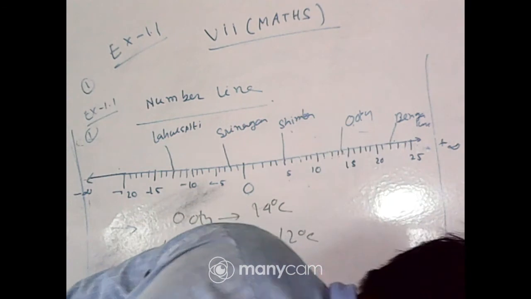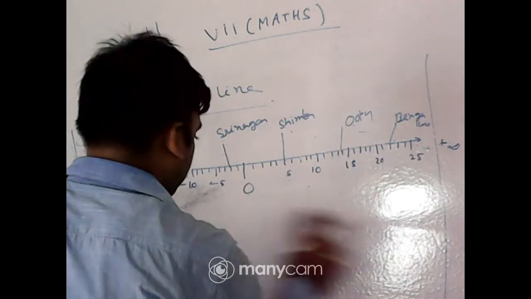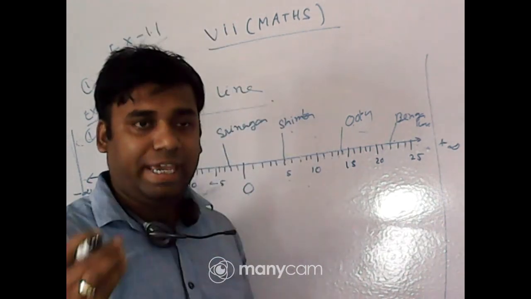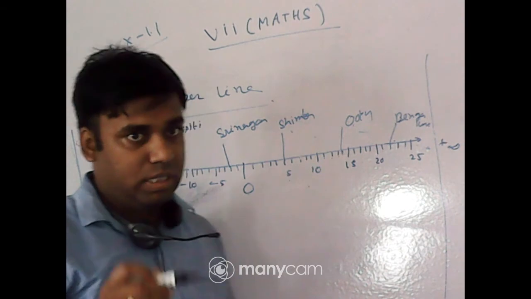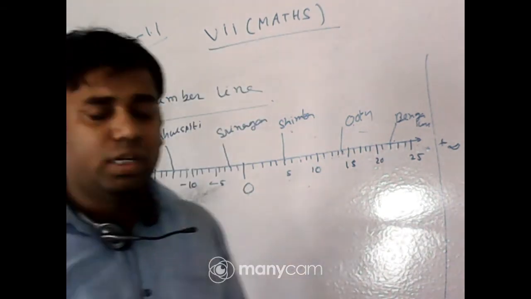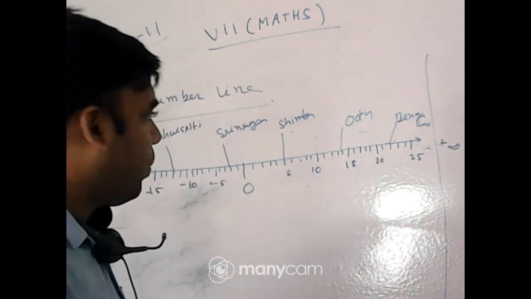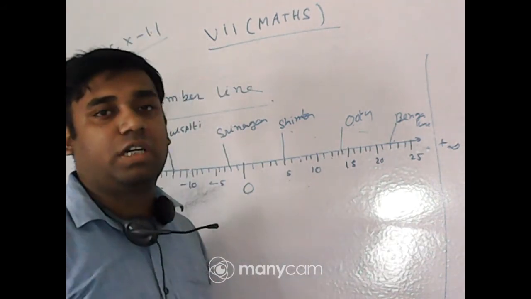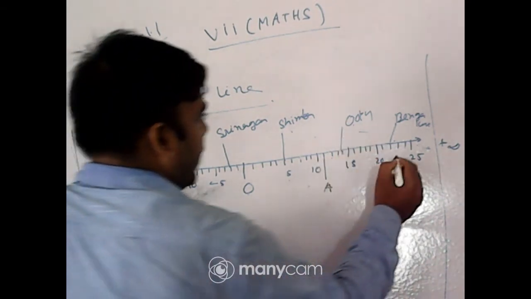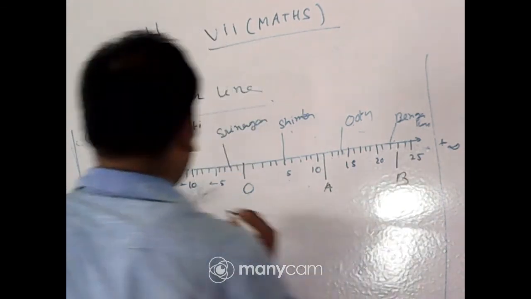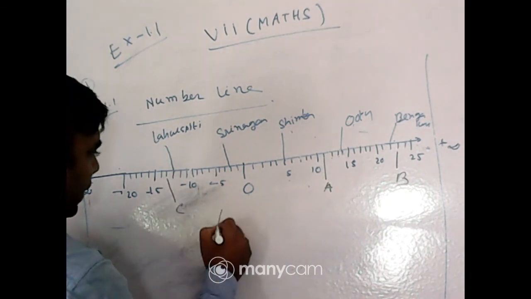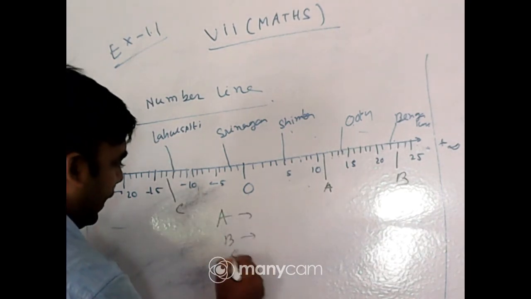Now, some questions from me. I have named 3 unknown cities, A, B, C. Write your answer in one comment, that is A, B and C temperatures. Not A in one comment and B in another. Don't do that. In one comment you have to mention the temperatures of all 3 cities. So here is city A, here is city B, and here is city C. So the temperatures of A, B, C, quickly answer.